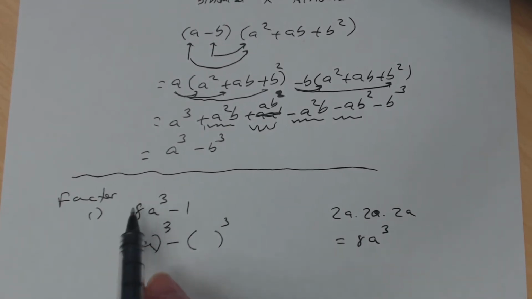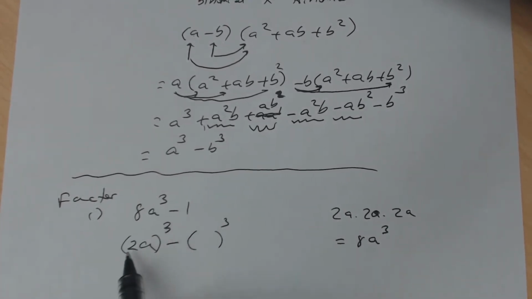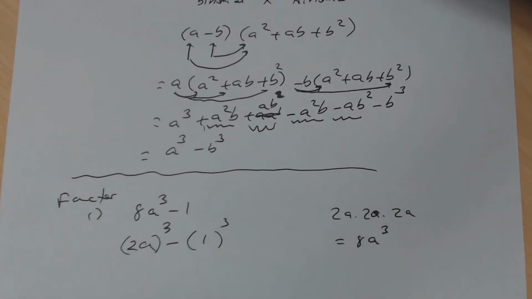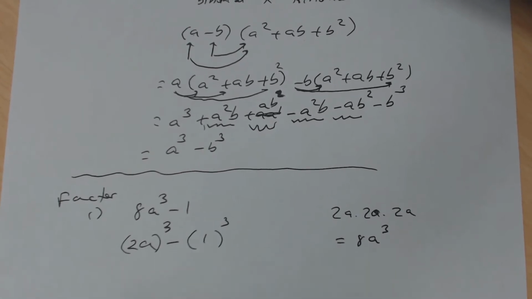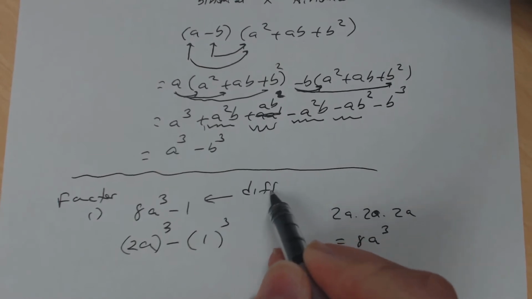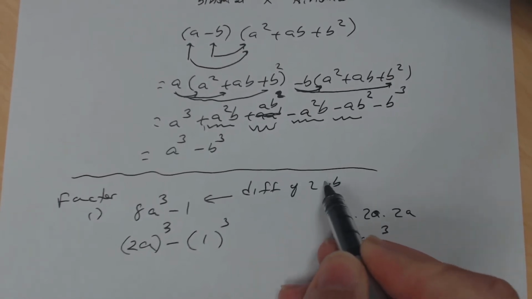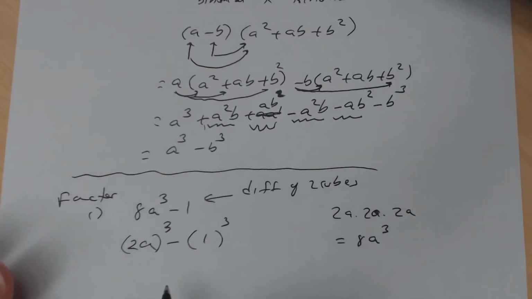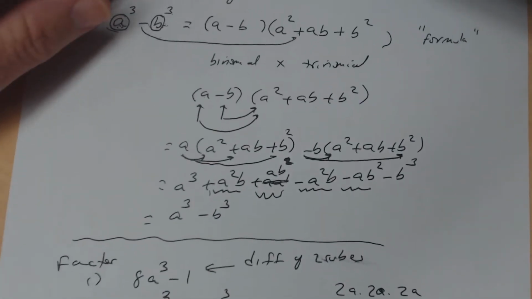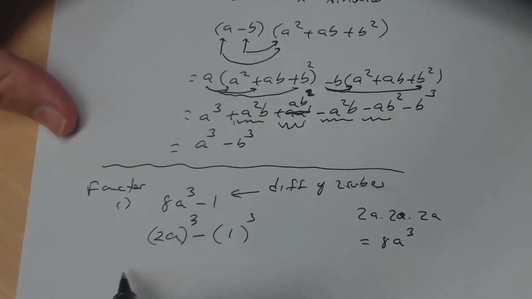Okay, so that goes here. So 8a cubed I can write as 2a, that base 2a raised to the third power. Now this base right here, what times itself 3 times is 1, and the answer is 1, because 1 times 1 times 1 is 1. So this right here, this is the difference of two cubes. So I can factor the difference of two cubes using this formula right here. All right, so watch what we do. All right, so remember